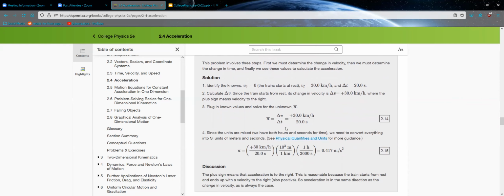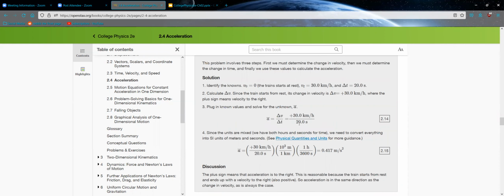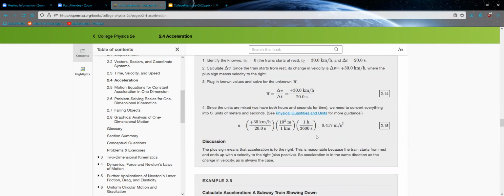Plug that in. Delta T is the same thing. You start at T0, you end at T20. So delta T is 20. Math it out. If you have issues with